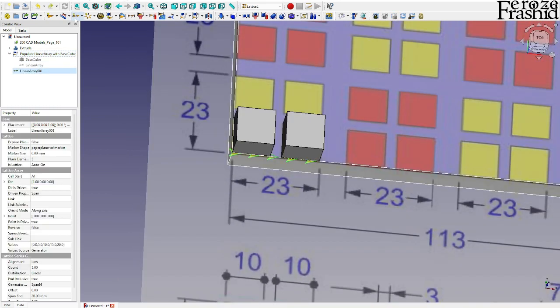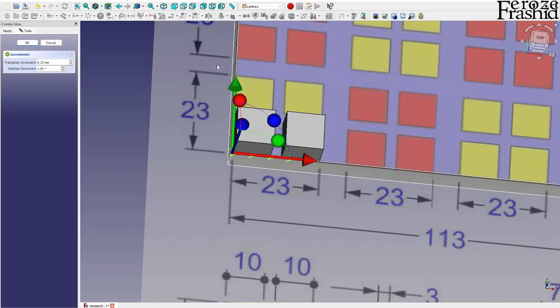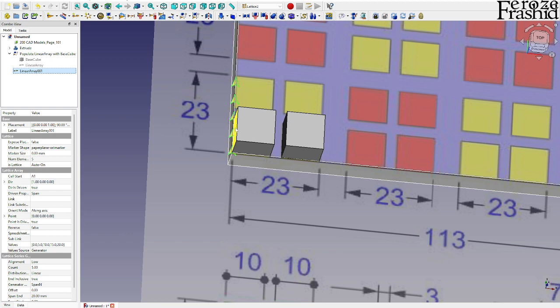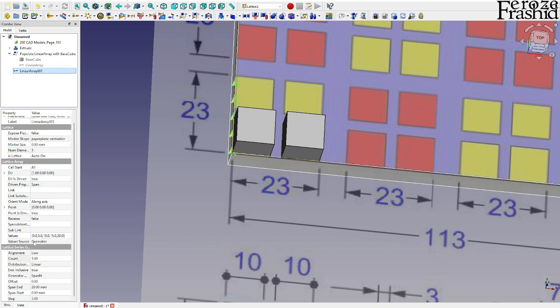So now I can create another linear array, and I want to transform it to make it in the y direction. So let's go ahead and transform it there. Now it's pointing to the right direction, and I want to take these 2 and create another 2. So this one again we'll have to make the count 2, and then make it step in, and after that select the step